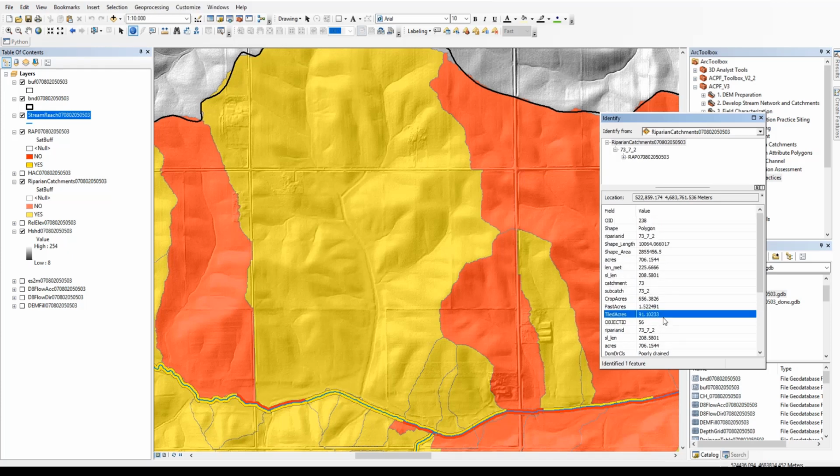Remember, saturated buffers rely on having a tiled system already. So out of these 700 acres, 91 acres are likely to be tile drained already, so this may be a good place to start looking for suitable sites and approaching people about saturated buffers.